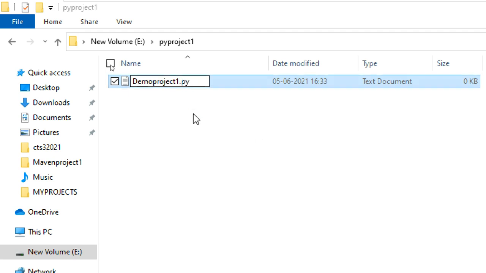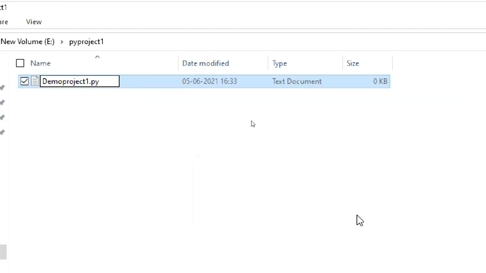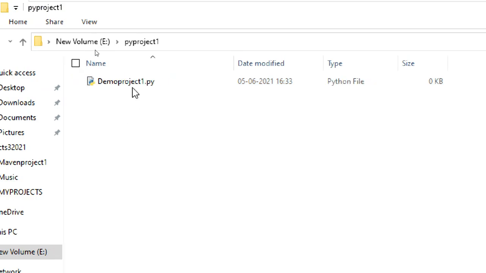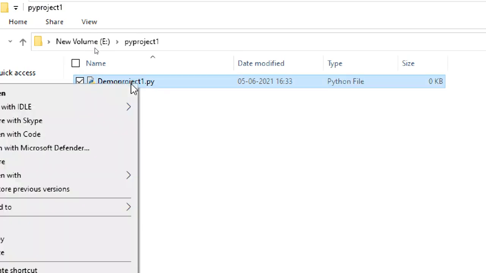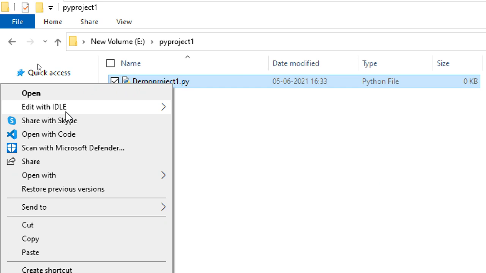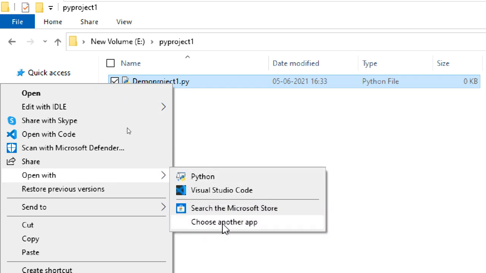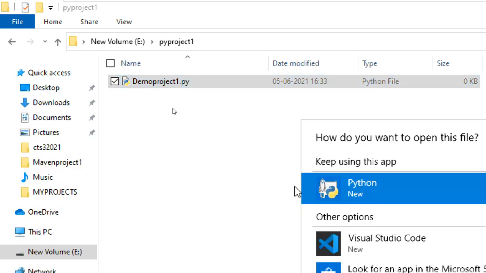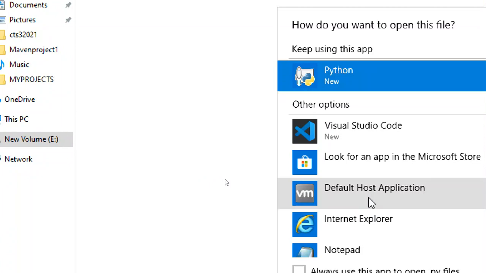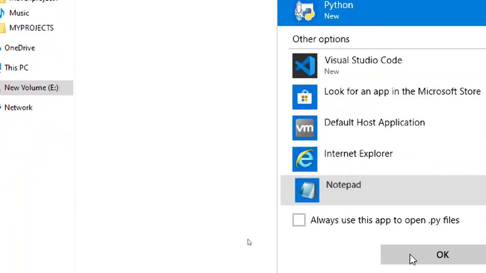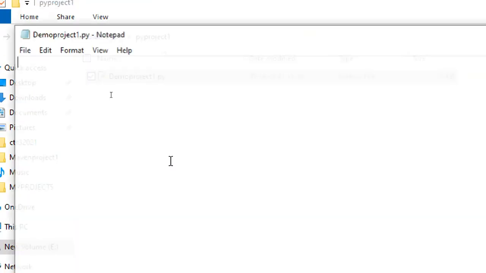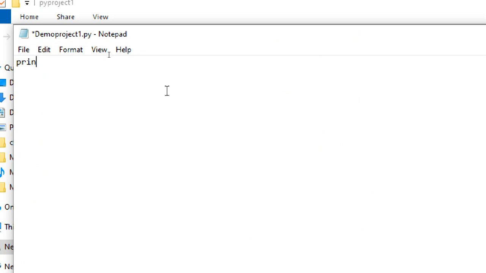Something, anything, you can use any name. Okay, now automatically it will change. Open with Notepad only. Currently I'm using Notepad only.